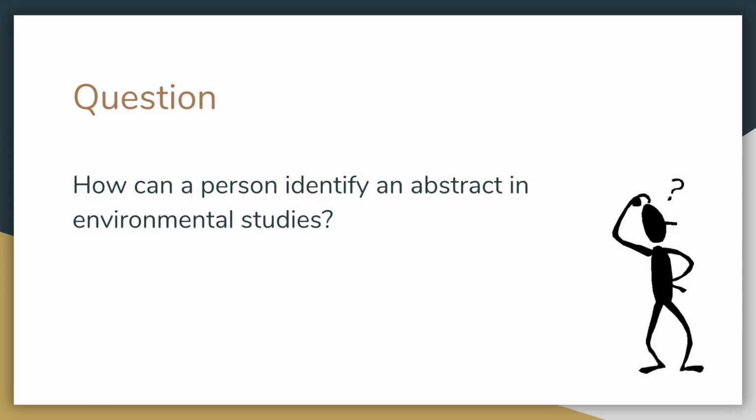The main question of my research is how can you even identify an abstract in environmental studies? And I found that environmental studies abstracts have similar layouts, but differ in the style choices made by the author, the rhetoric. And I found that each abstract has an introduction, an investigation, how the research was conducted, and the results of the research, and that there are cue words that lead into each section.